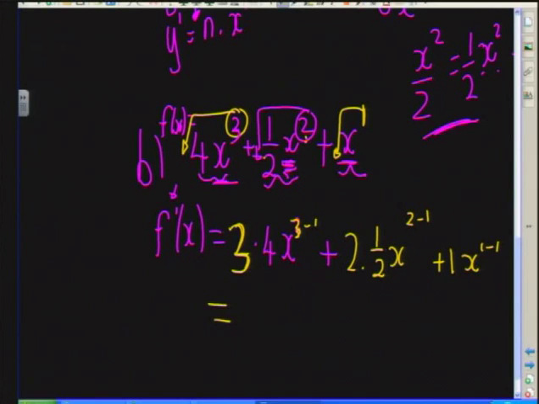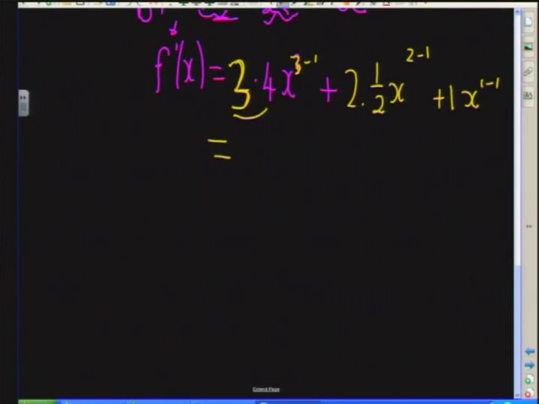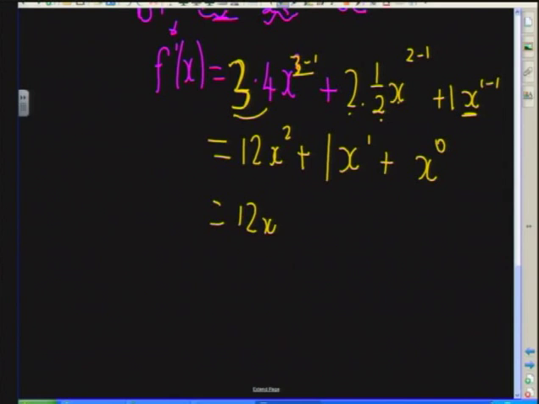Let's simplify that. So we get 3 times 4 is 12, x to the power 3 minus 1 is 2, plus 2 times a half is 1, x to the power 2 minus 1 is just 1, and then I've got plus x to the power of 0, and this is why I was saying exponents become very, very important, because if you've learned your exponents, you will know that x to the power of 0 is just 1. So our